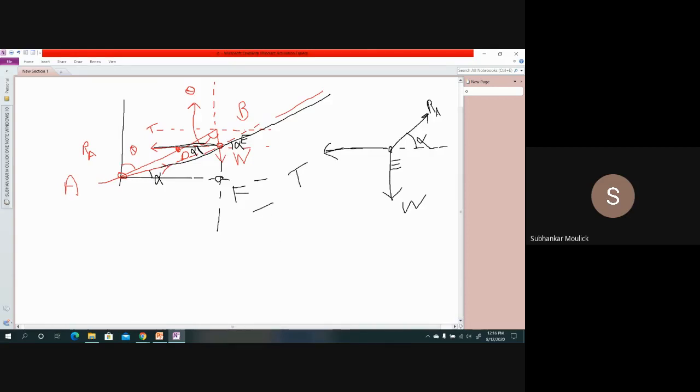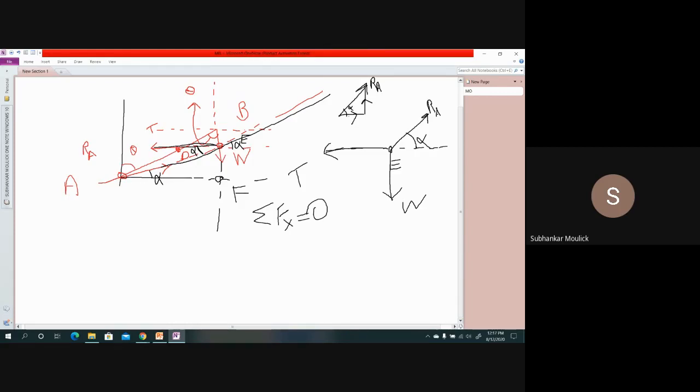Now, what do I need to write? I need to write the equations of equilibrium at point E. Summation Fx is equal to 0. All the forces along the x direction should be equal to 0. So I have to resolve RA. How to resolve RA? I told you in the last class. This is my RA. This is the starting point. This is the ending point. You have to go back to the ending point. How will you go? Form a triangle like this horizontally. Then from this point, draw a vertical line like this. Now this angle is alpha.